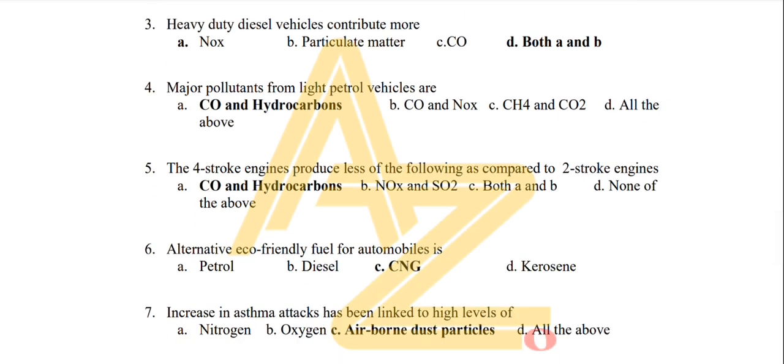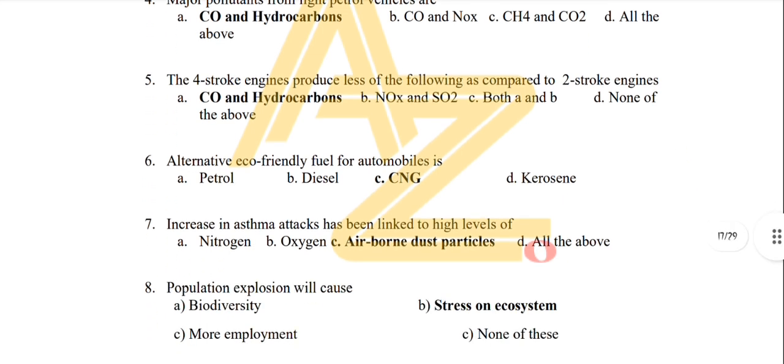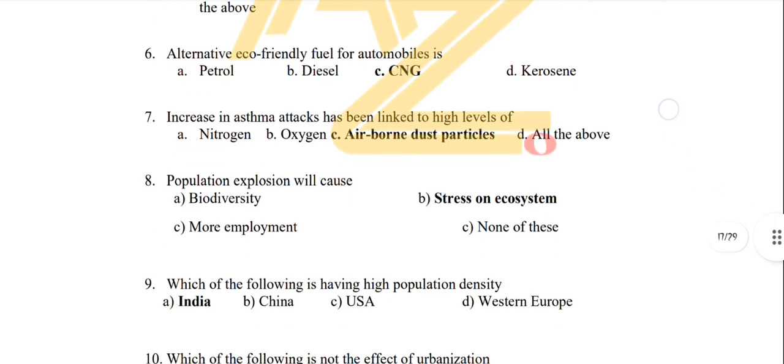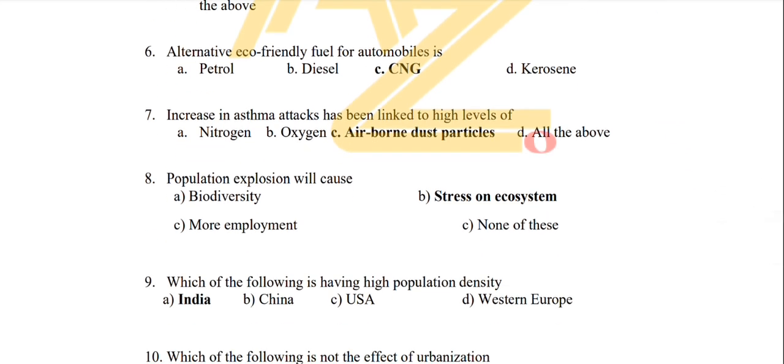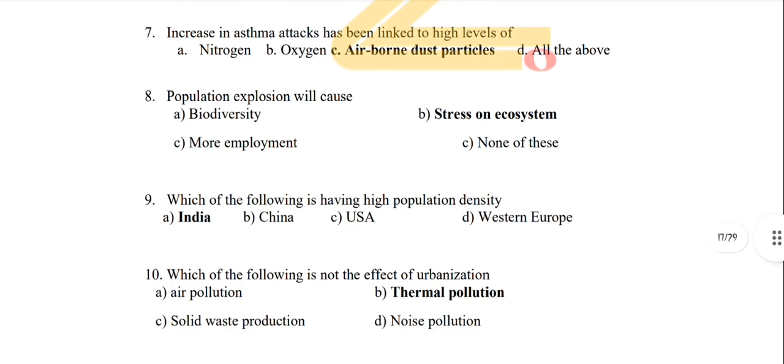Fourth question, major pollutants from petrol vehicles are CO2, carbon oxides and hydrocarbons. Fifth question, a 4-stroke engine produces less of the following as compared to 2-stroke engines: CO2 and hydrocarbons, option A. Sixth question, alternative eco-friendly fuel for automobiles is CNG. Seventh question, increased asthma attacks have been linked to high levels of option C, airborne dust particles. Eighth question,